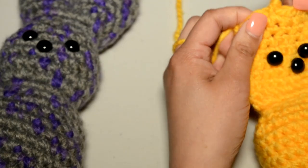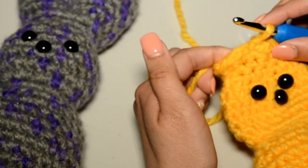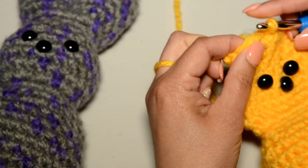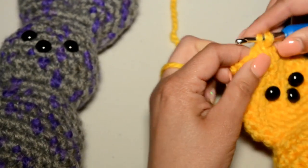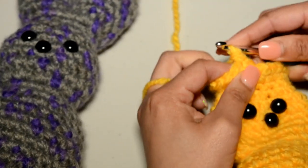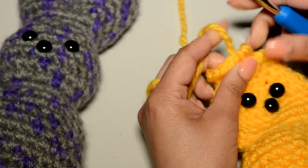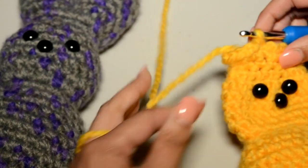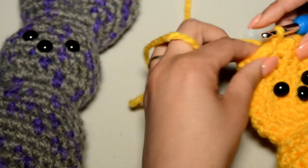Okay, so you want to make sure that you're going to go to the left side. So now what we're doing is single crochet the next 12, not counting the slant stitch space. I've been having a hard time with this yarn. Okay, so now